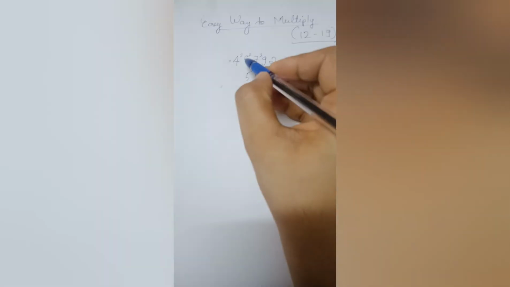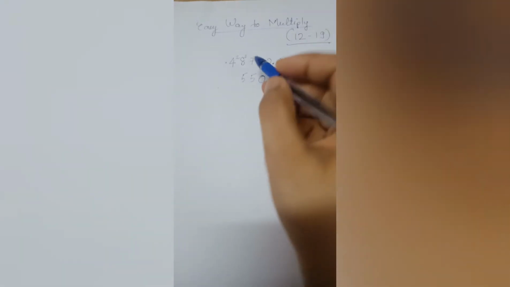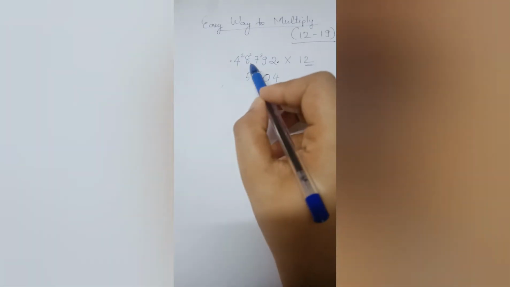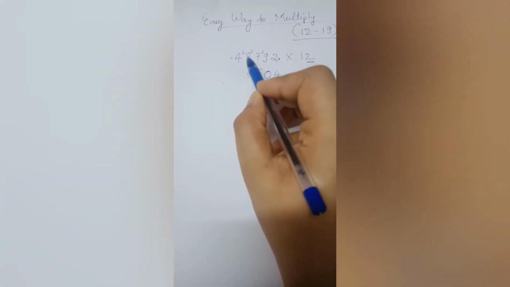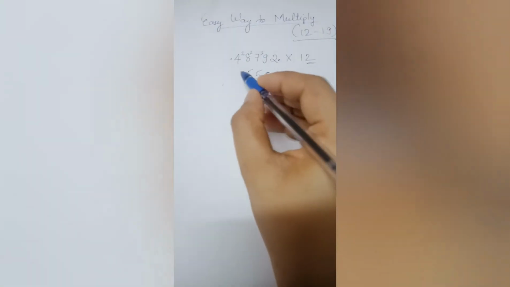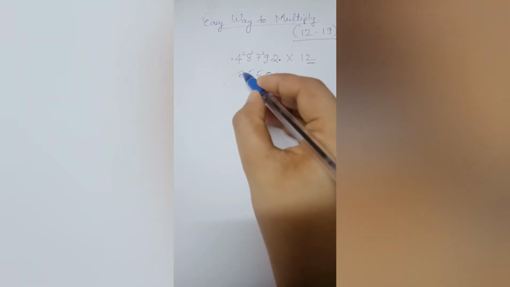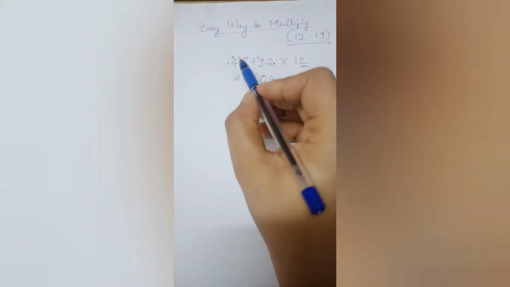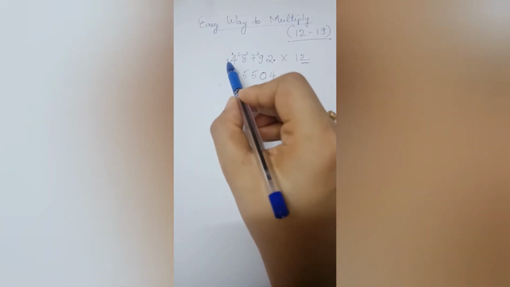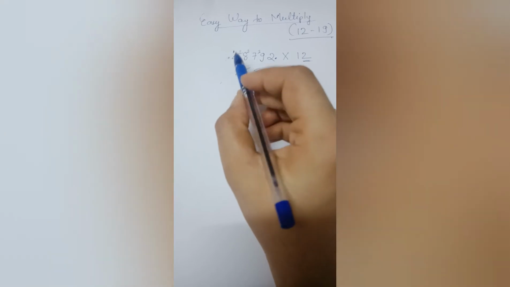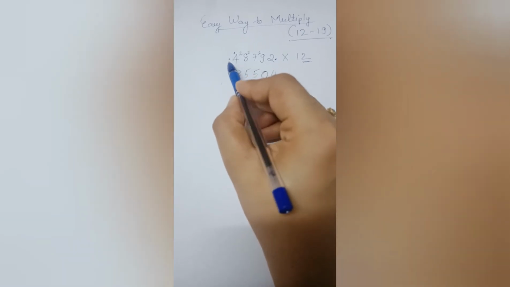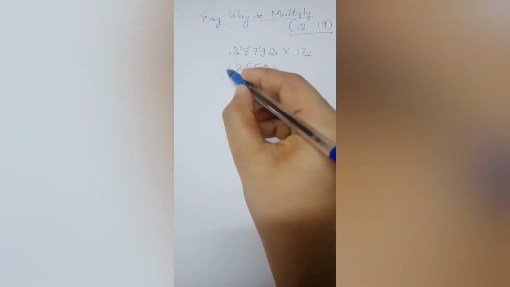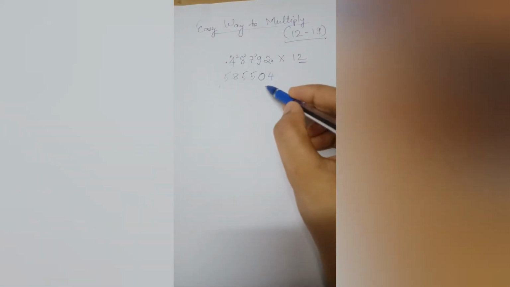Now 4 2s are 8. 8 plus 8 is 16. 16 plus 2 is 18. So just write 8 only, don't write 18. Again 1 carry forward. Now this 0 is there here also. With this 0, 4 plus 0 is 4. Now 4 plus 1 is 5. This will be the answer.